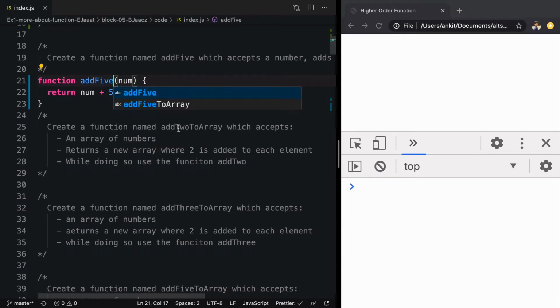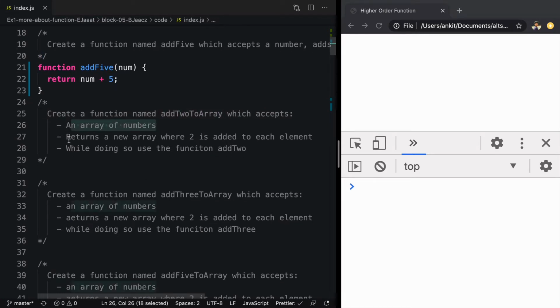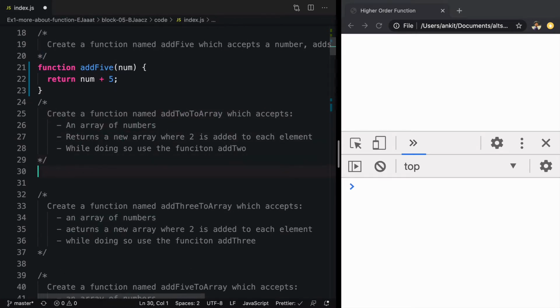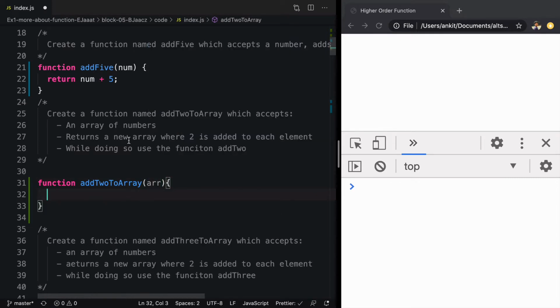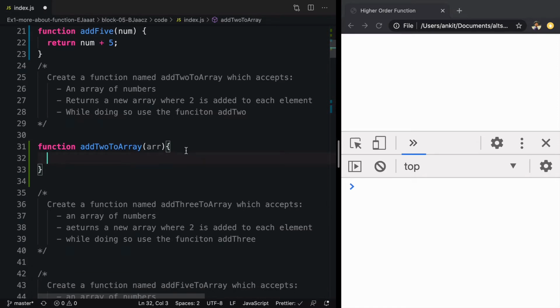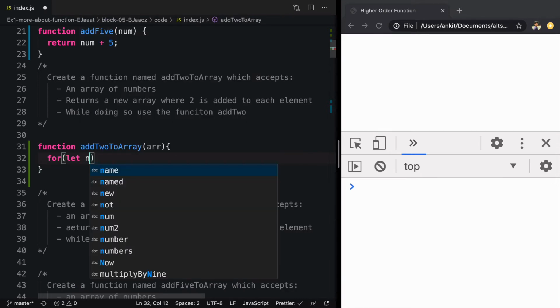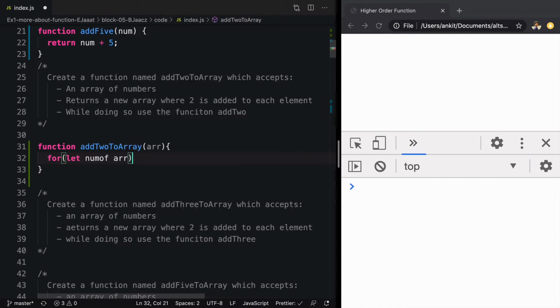Create a function named add2 to array which accepts an array and returns the new array. So here we'll go ahead and create a function which accepts an array and returns 2 added to each value. So to access all the values, we'll say let num of arr.